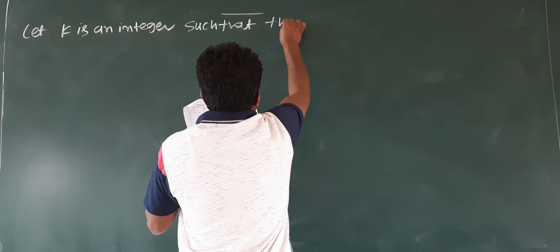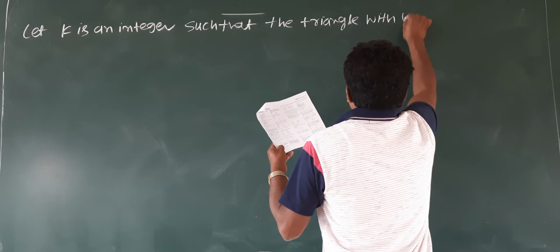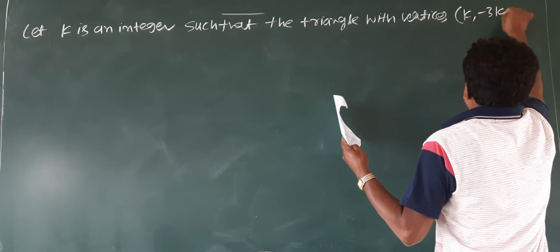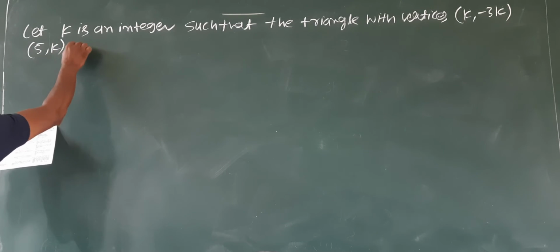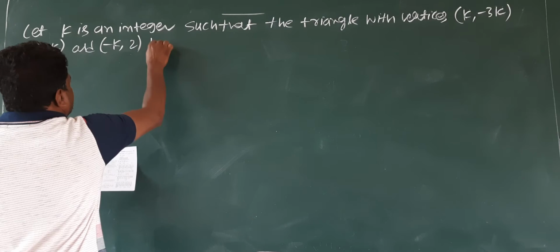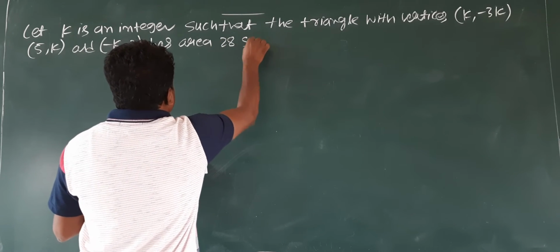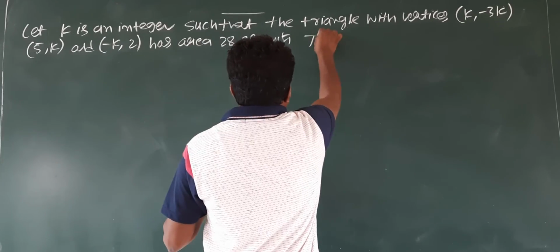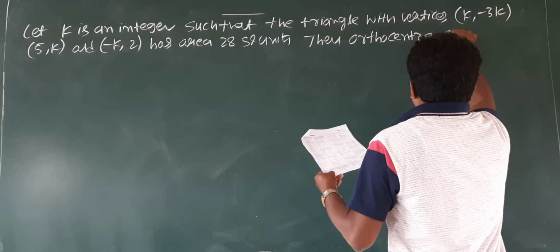the triangle with vertices k comma minus 3k, 5 comma k, and minus k comma 2 has area 28 square units. Then the orthocenter of the triangle is